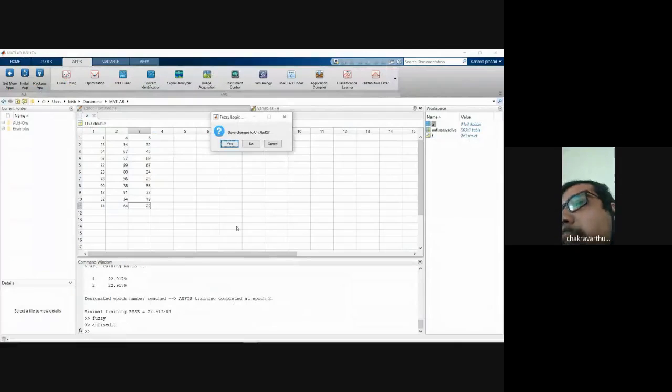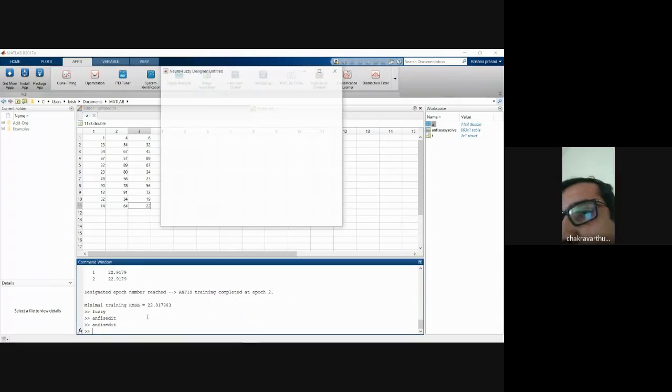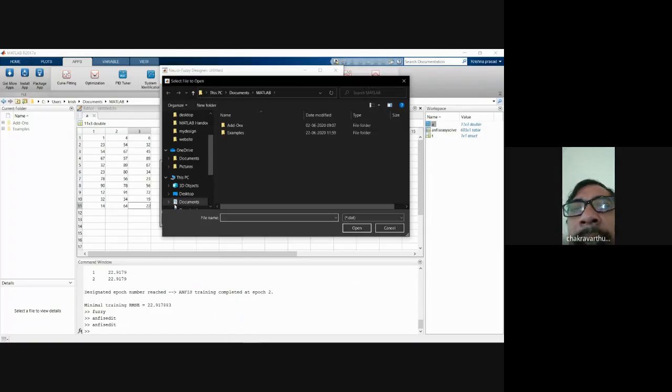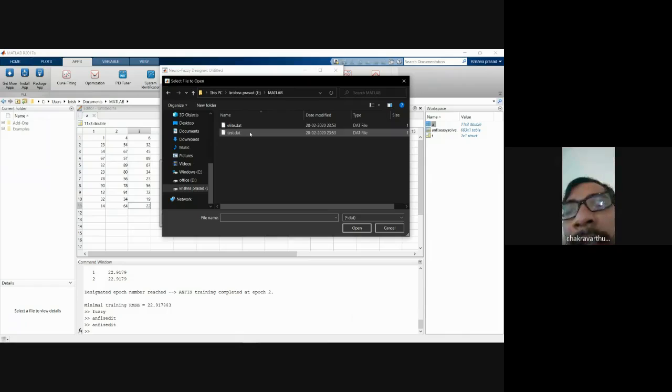Once you are done with the uploaded data, you just click on training data. It will train the data. After training, you have to fix how many epochs, meaning how many vibrations you want to generate. You select that in the options we have, after generating the FIS system. There we have the option of whether you want a linear form or a constant form, like a constant curve or linear form. If you select a linear curve, it is going to give you the linear form.